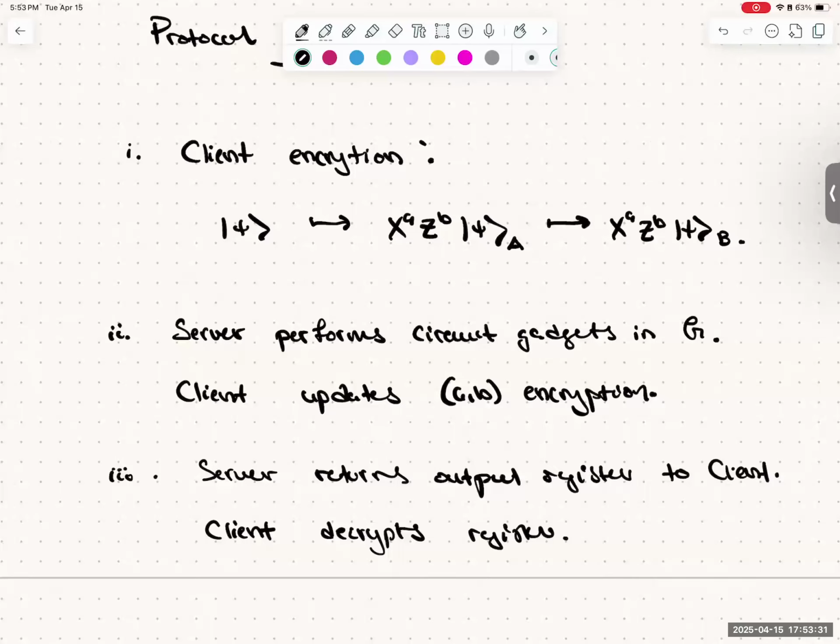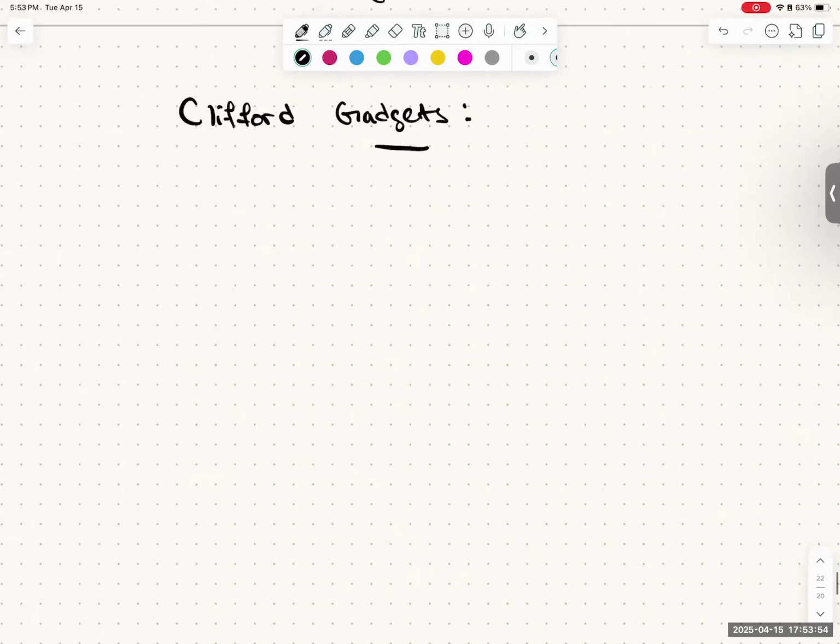Actually, maybe I didn't say this. The client also can perform the measurements. So what Bob does is actually return the quantum state back to the client. Okay. And then Alice performs the measurements. And then what do you mean by... So what Alice does first is, suppose I give something psi, and this is Alice's, and then she applies X Z B.